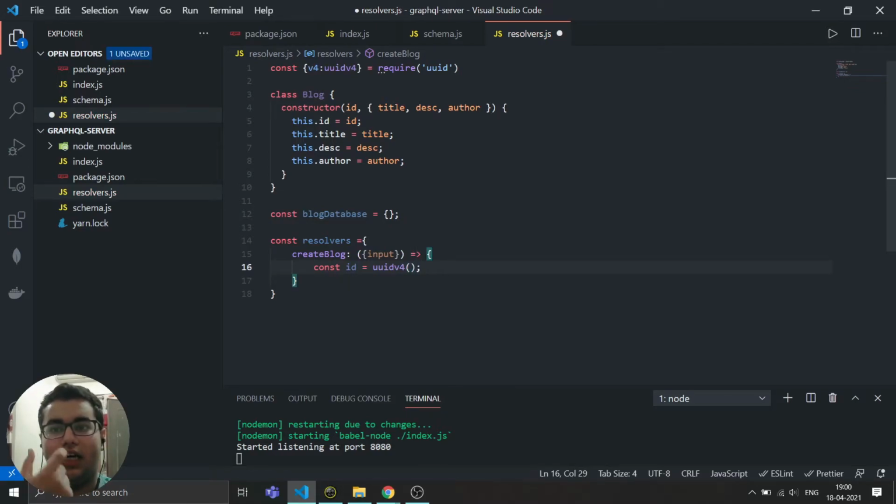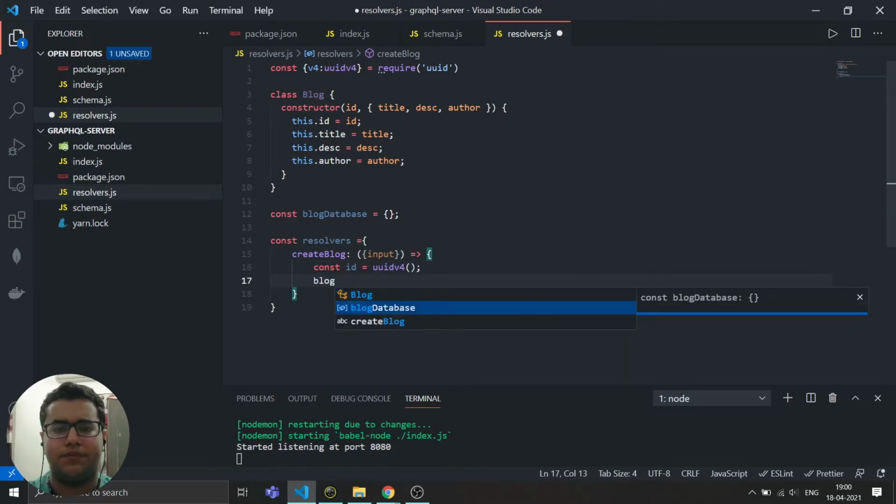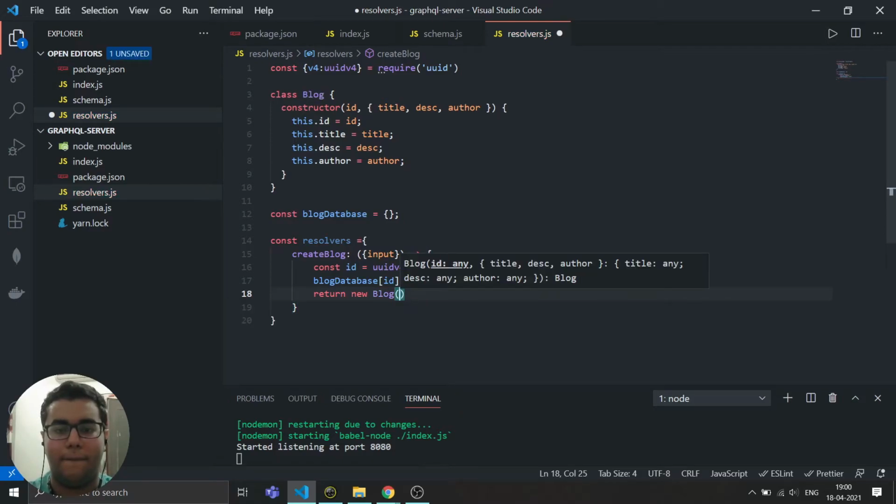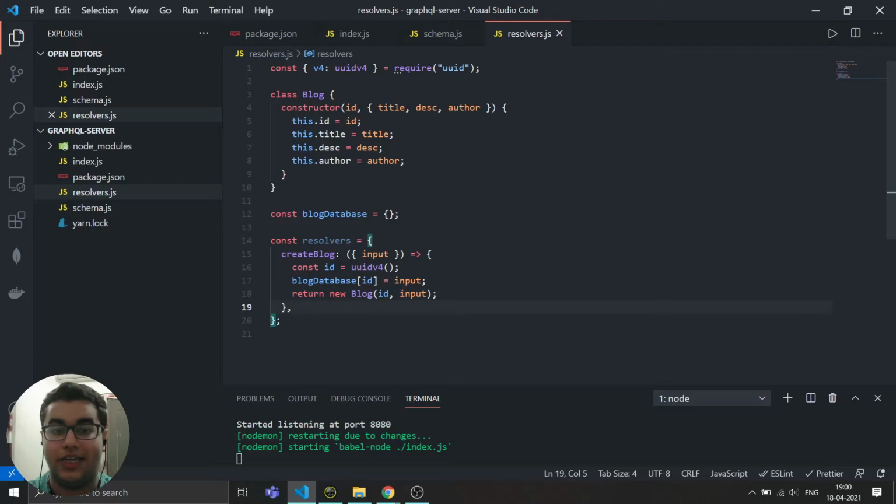It will generate a unique ID and give it to us, and we will be storing that in blogDatabase, where the key will be id and the value will be the input that we are getting from the front end or from the user, and then we will be returning a new Blog. New Blog will be taking the id as well as the input. So I think createBlog is done.